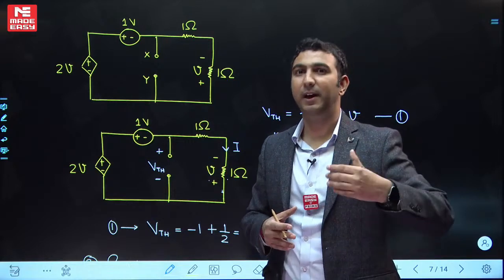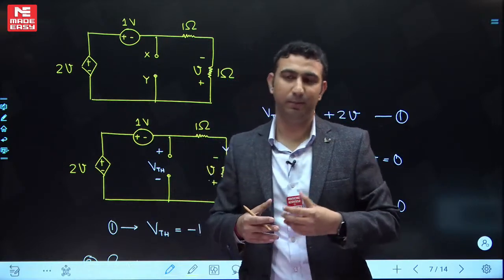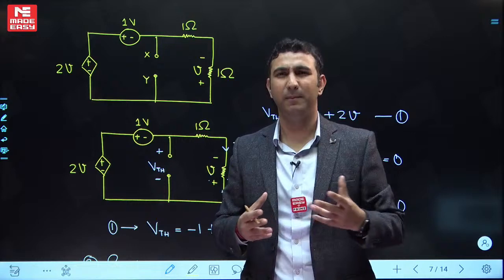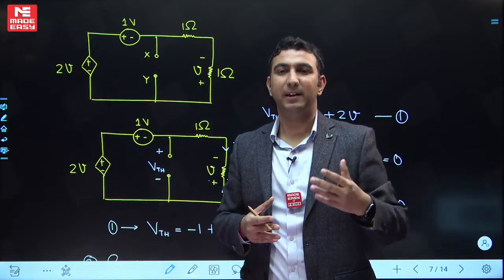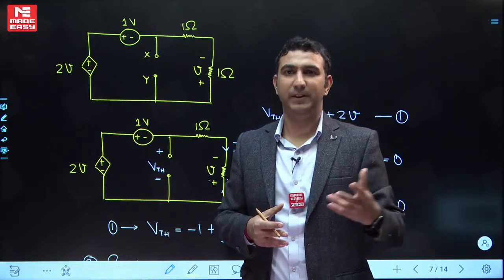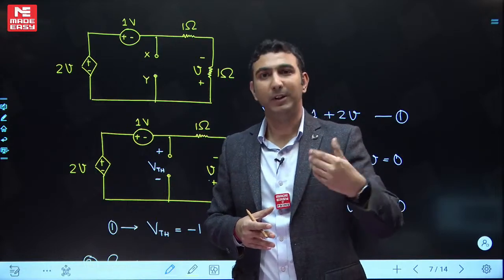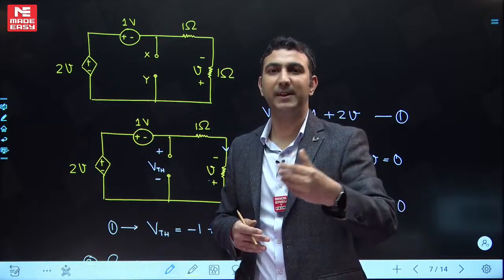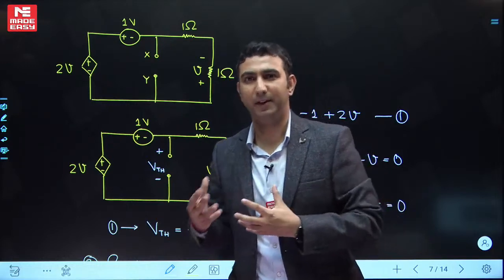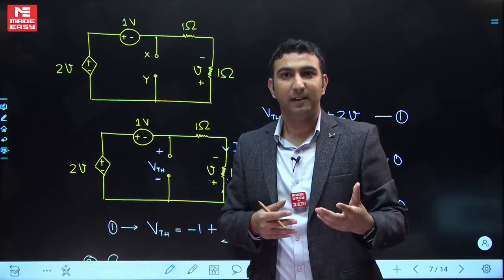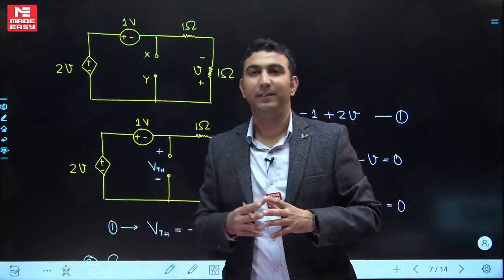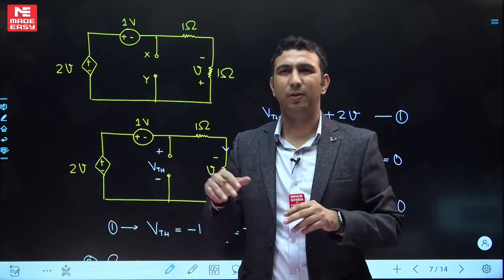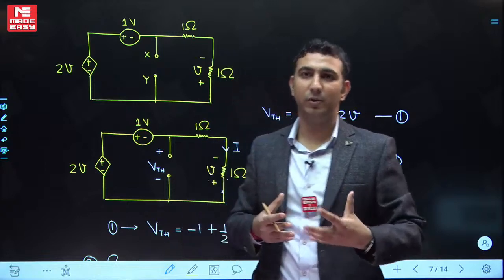And the conditions in AC, power transfer in case of AC circuits, remember that if both RL and XL are variable, then ZL should be ZTH conjugate. If only RL is variable, then RL will be under root of RTH square plus XL plus XTH whole square. Remember that condition. If it is an AC circuit, but the load is purely resistive, then again remember the condition, mod of ZTH under root of, and remember those conditions. Actually, that's what I want to tell you.